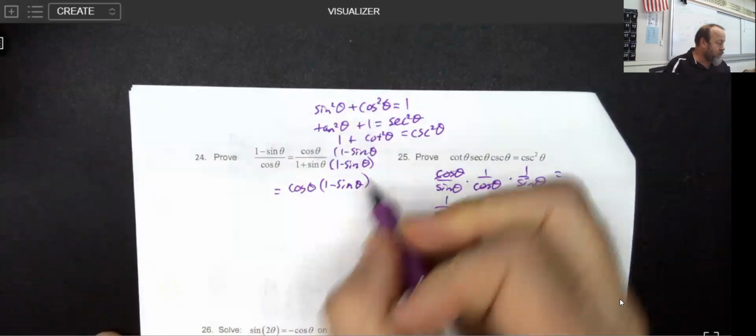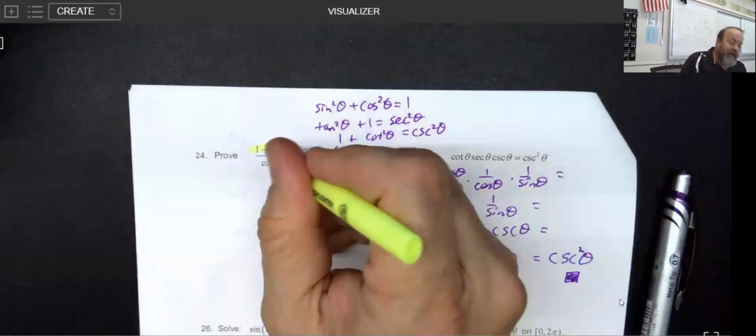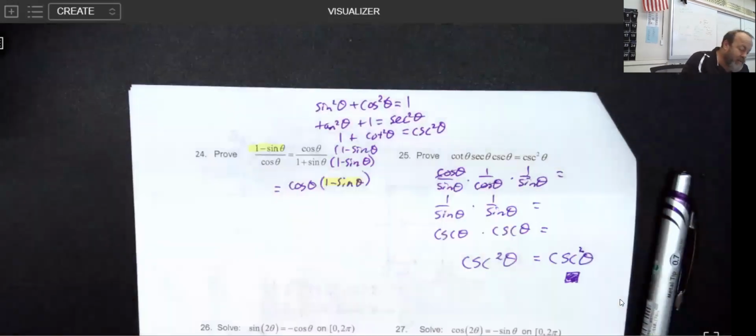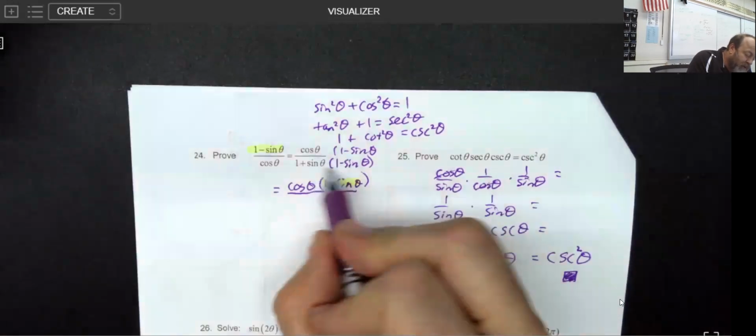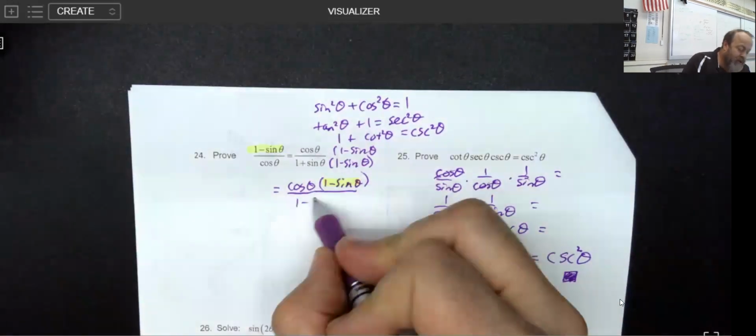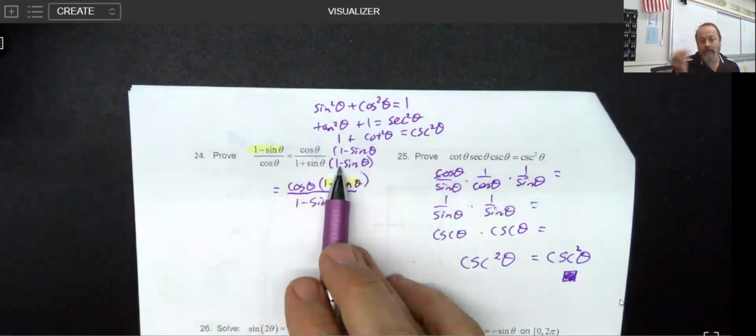And I want you to notice something that is very, very convenient. My goal is to make it look like this thing over here. And I already have something that I want on top. But if you multiply this on the bottom, you get 1 minus the sine squared. Again, if you just distribute 1 plus sine times 1 minus sine, you get 1 minus sine squared, which is